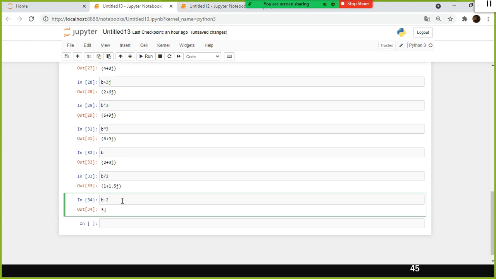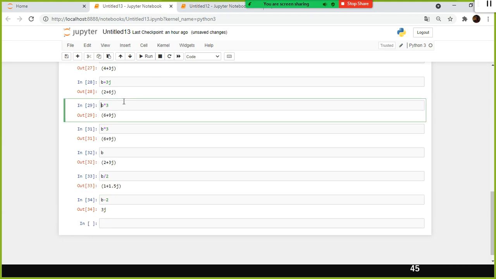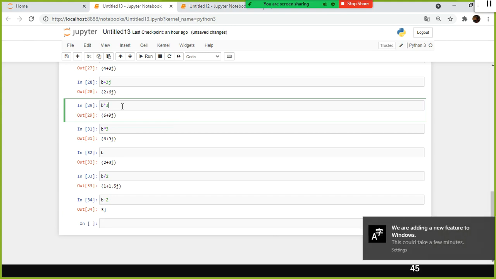When I use a real number to perform an arithmetic operation like addition or subtraction, it is added or subtracted from the real value only. But when I multiply or divide a real value with the complex data type variable b, it is happening for both the components. That is what you need to remember when it comes to complex numbers.